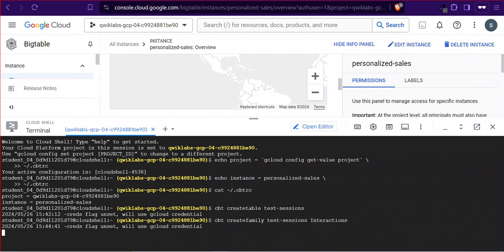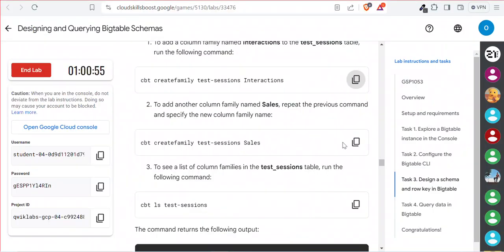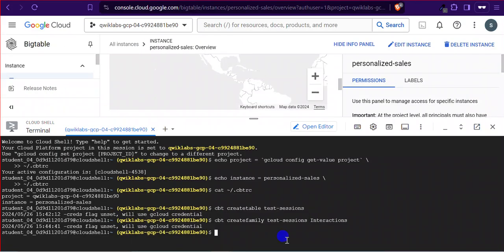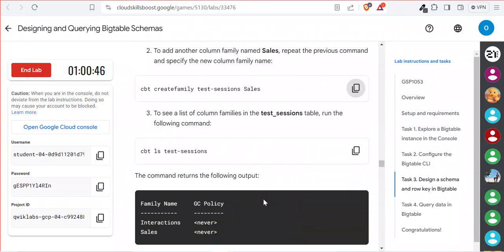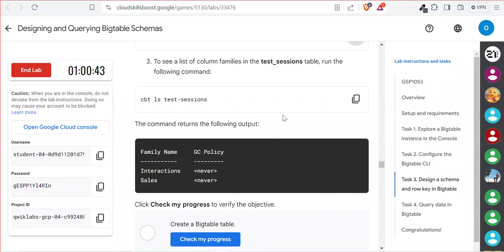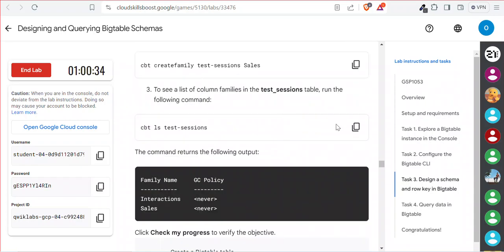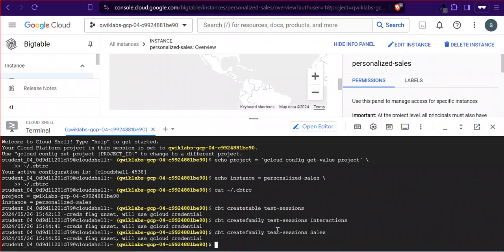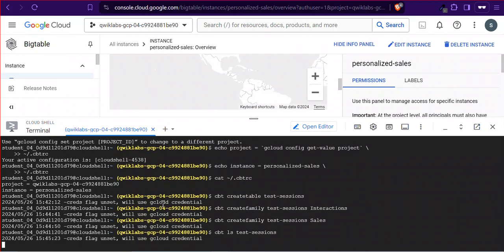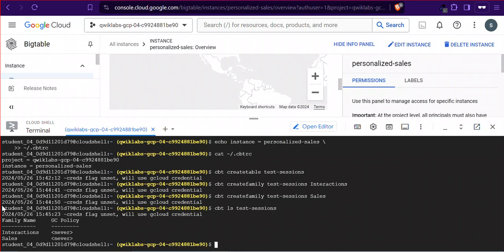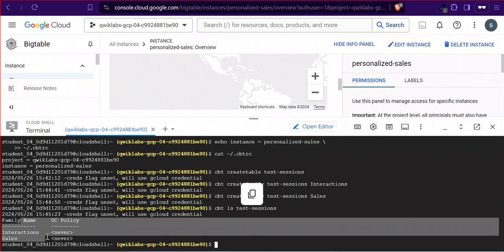It will create a column family named interaction, and for the sales column family, run this command. You can see the table by this cbt ls, which lists the tables, table ID. It created the interaction and sales families.